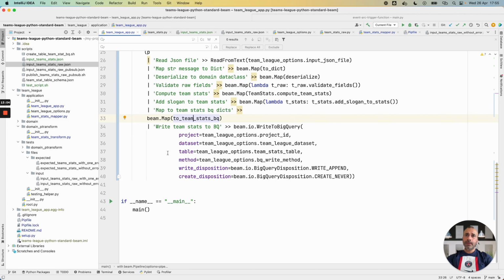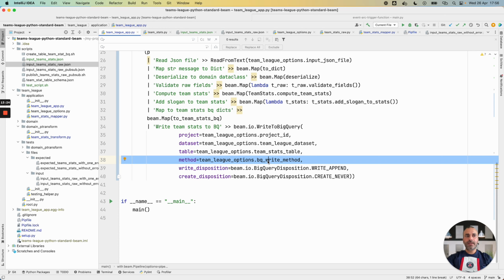And at the end, I use this IO write to BigQuery, this output connector. I set the current GCP project, the output dataset, the output table, the current insert method with BigQuery. In this case, I have a batch pipeline because I read the JSON file from GCS, I read a bounded source.